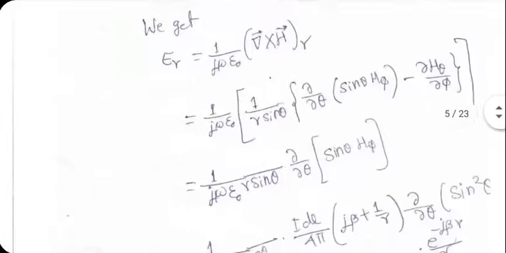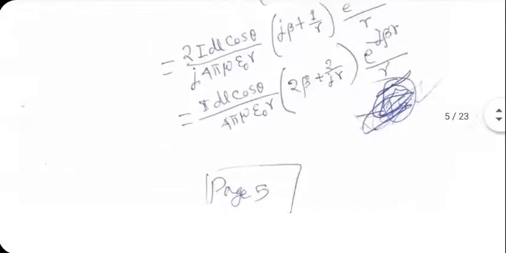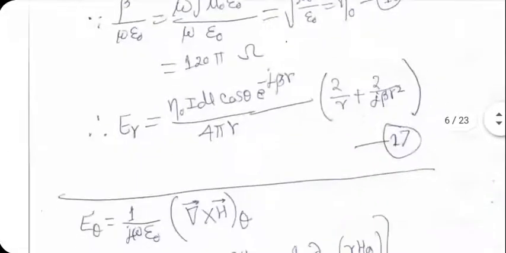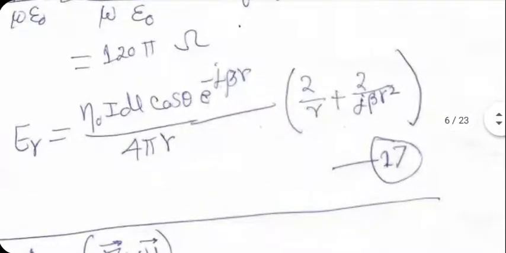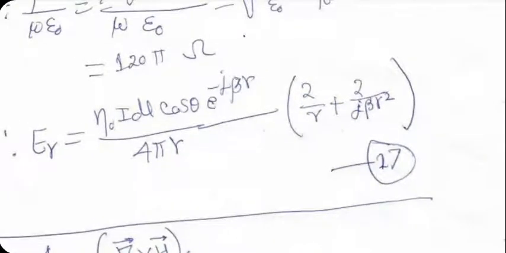And if you go further, in ER and E theta also you see something similar. In ER, what I have got actually, if I take 1 upon R inside the brackets, I don't have a 1 upon R term at all. There is no far field. All I have got is 1 upon R square term and 1 upon R cube term. So if you go sufficiently far away from the antenna, ER would be almost zero. Only in near field, ER will not be zero. In far field, it would almost vanish.